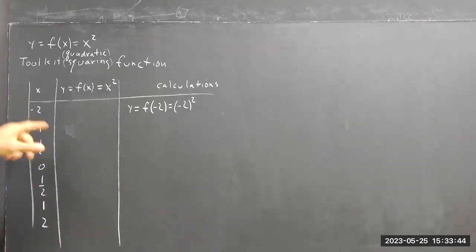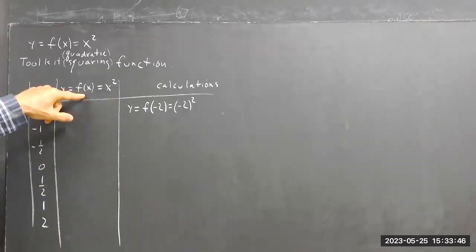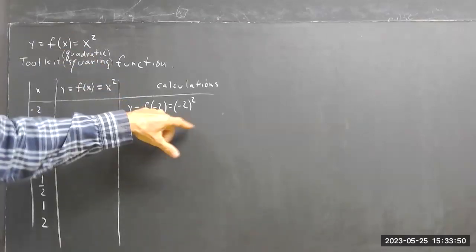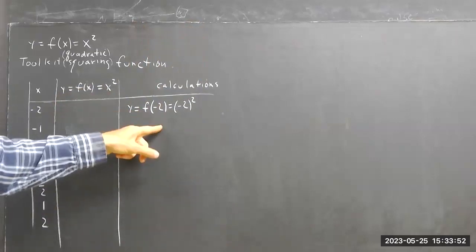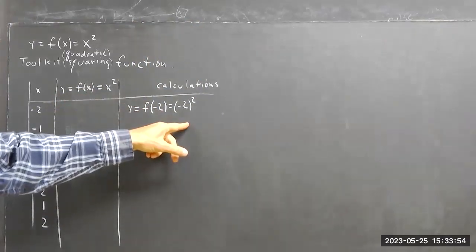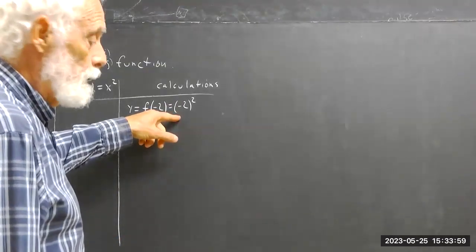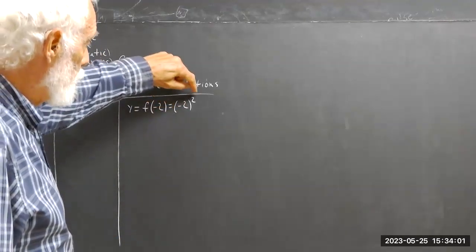Now all we've done is we've replaced X here in the definition of our function with -2. This X becomes a -2, this X becomes a -2. We put parentheses around the -2 because,